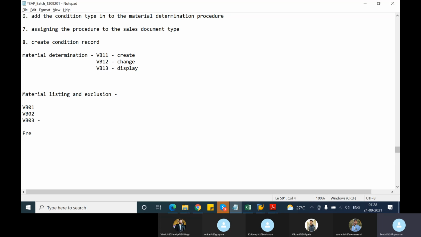So for creating free goods condition records, we need to use transaction codes VBN1, VBN2 for change, VBN3 for display. And then, same as the earlier things, the field catalog needs to be maintained. Then, I'm just repeating it for the sake of better understanding, creation of condition table, then creation of access sequence,